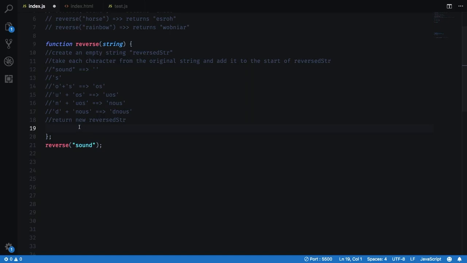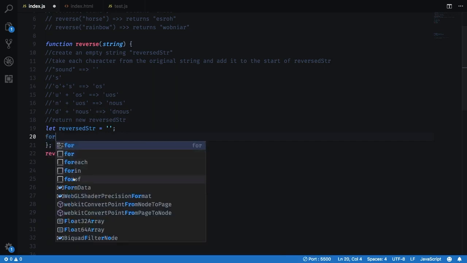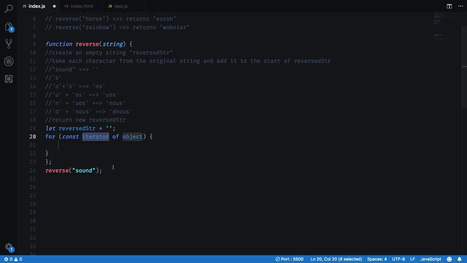What we're going to do is create a variable, let reversed string, to be an empty string for now. That is the string where we are going to be putting in our letters and making it the actual reversed string. And we're going to create a for of loop, and VS Code is helping me out here where I don't have to finish it. So instead of the iterator that it gave by default, we're going to say character because it is more descriptive of the string,